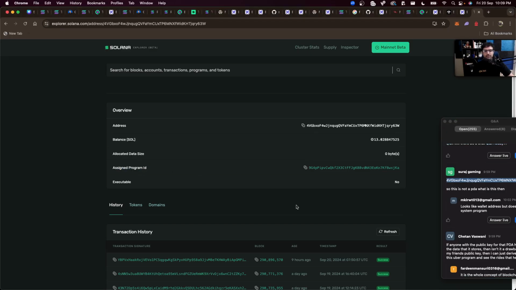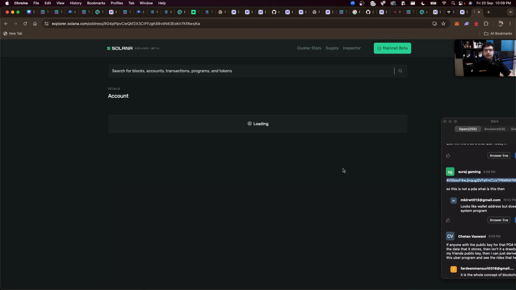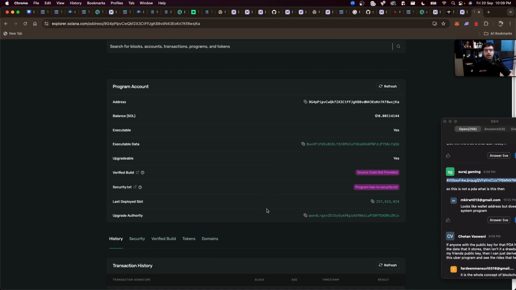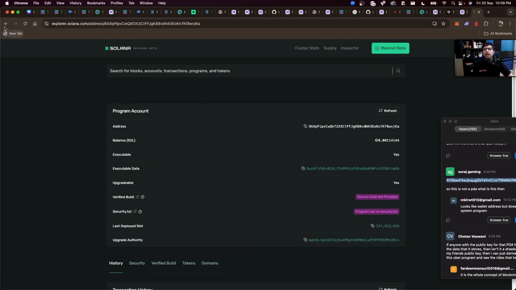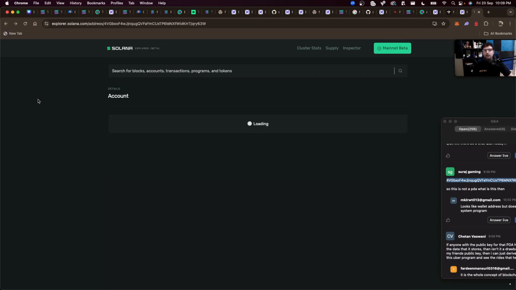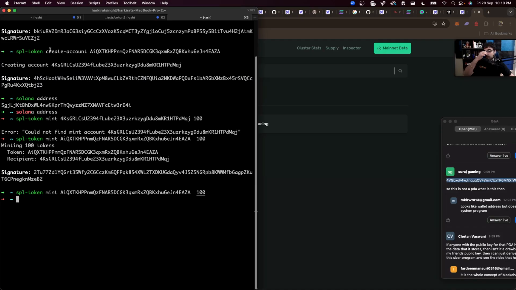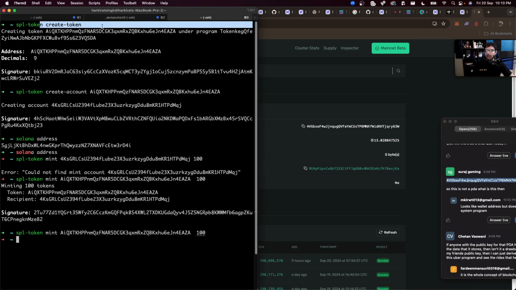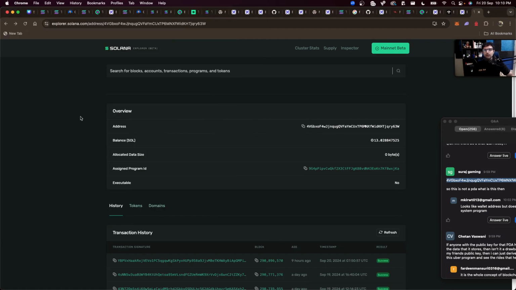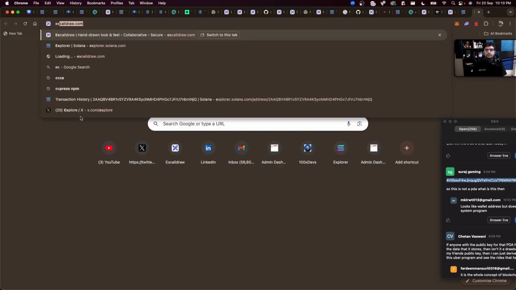This looks like a signed program ID. This is an account which has some Solana but is owned by a different account, which is a program. It is not a PDA. It is like the Mint account. If you open a Mint account, let me open a Mint account. When I call create token, I create a Mint account. If you look at this Mint account and look at the one that you have,